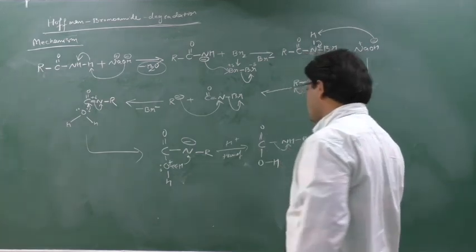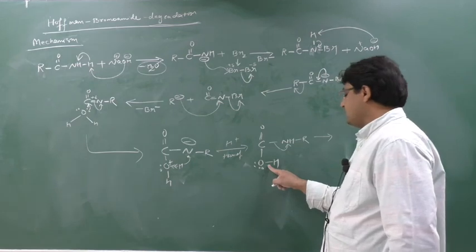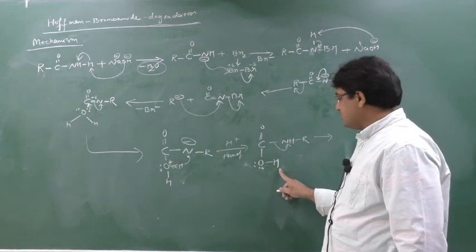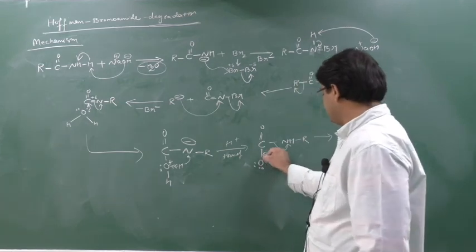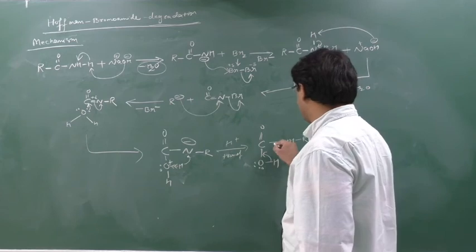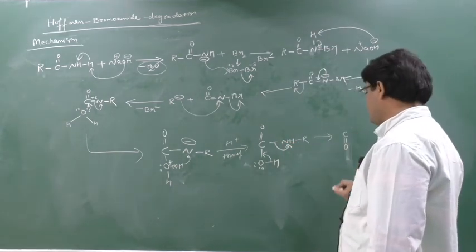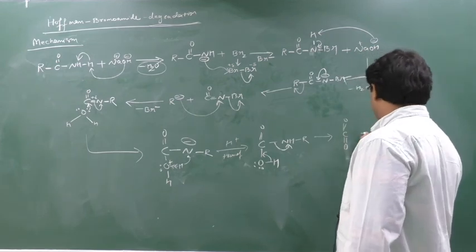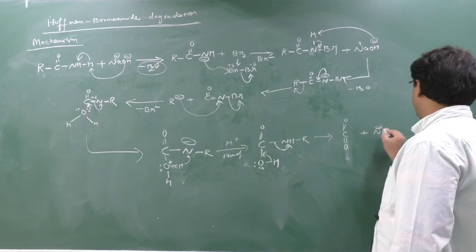OH. Oxygen is more negative than hydrogen. So oxygen will attract the electron from this hydrogen and will shift here. Okay. So carbon is making now a new bond with this oxygen. So carbon has to break the old bond. So old bond has been broken here, NH. So C, double bond O